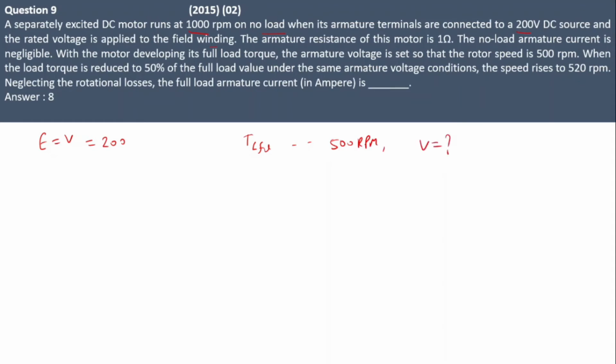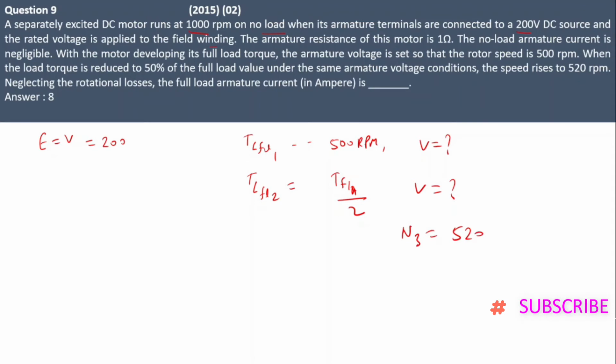When the load torque is reduced to 50%, so if the full load torque is 1, reduced to 1/2, then with the same terminal voltage,